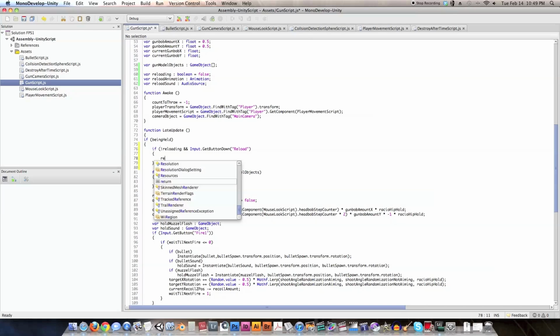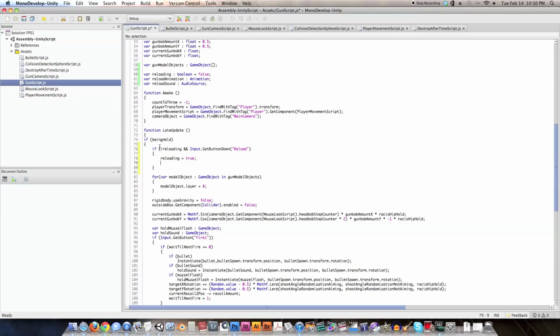And the first thing we need to do is set reloading to true, and then we're going to do reloadAnimation.Play, and I've got to remember what I called it. I think it was pistol reload, but now that I think about it,